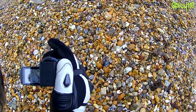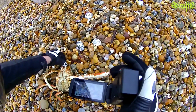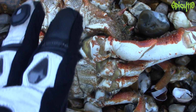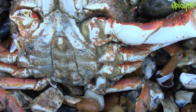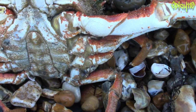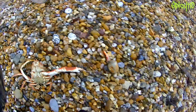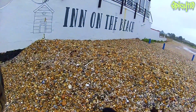I'd say this unfortunate shore crab has probably just been tumbled to death, same as this. They'd normally be a bit deeper down, but yeah. Oh god, your leg's falling off now. But as you can see, through its other claw attached here, it's got these mouth parts. And then that flap is where all its gonads are kept, depending if it's male or female. They also keep their eggs under there, some species. Anyway, continuing on. I know there's going to be lots of stuff here, so let's just keep...